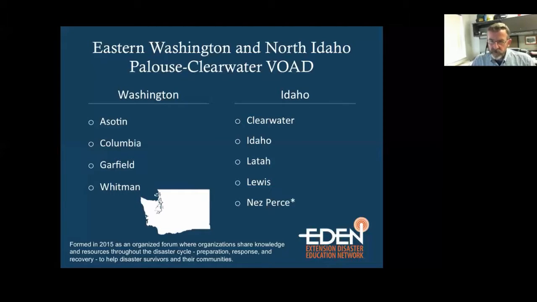And we settled on volunteer organizations active in disaster rather than community, in part because of the regional scope of this operation, 9 counties and a tribal reservation. In part because Idaho is fixed on the VOAD label rather than COAD, and in part because the Nez Perce tribe in particular was in favor of a volunteer organization rather than a community organization label for the activity. That caused us a little bit of, let's just call it, opportunity to coordinate with the Washington State VOAD, but we crossed that hurdle late fall last year. This all started in early 2015, ultimately culminated in an approved set of bylaws signed in October of last year. So, a relatively new organization,